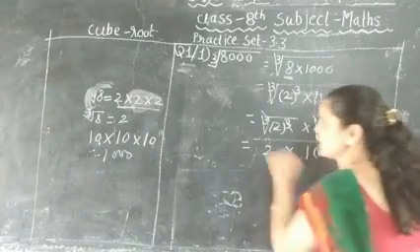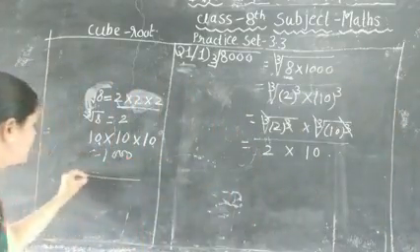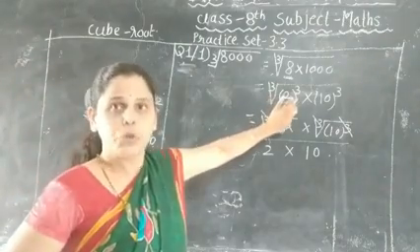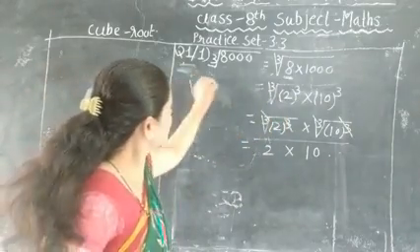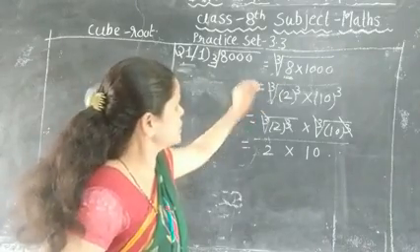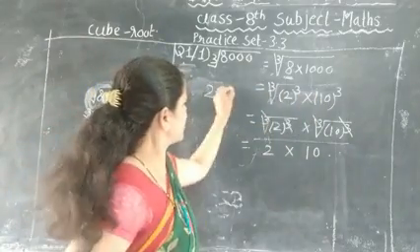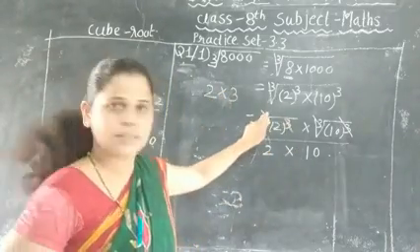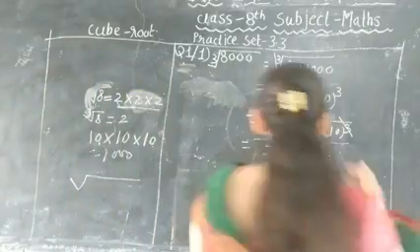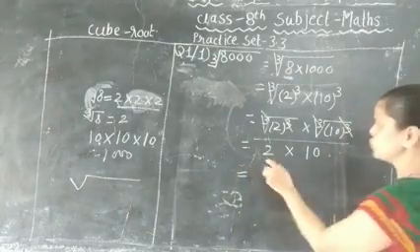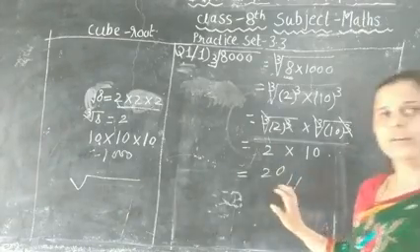We can solve this step as, because here the power of 2, power of 3, we can write outside this cube root symbol just 2 multiplied by this 10. No need to cancel this. If you want to write this step directly, it will be right. Then the answer is 2 into 10, that means 20. This is your answer. Is it clear?